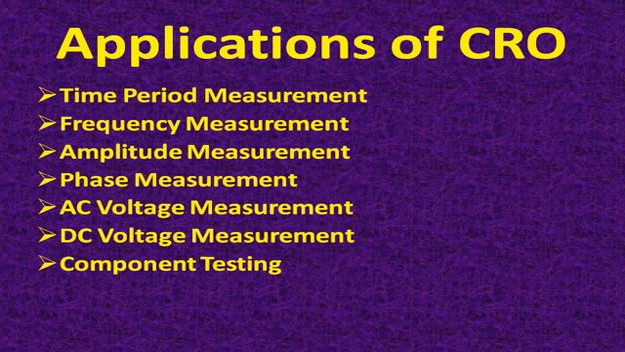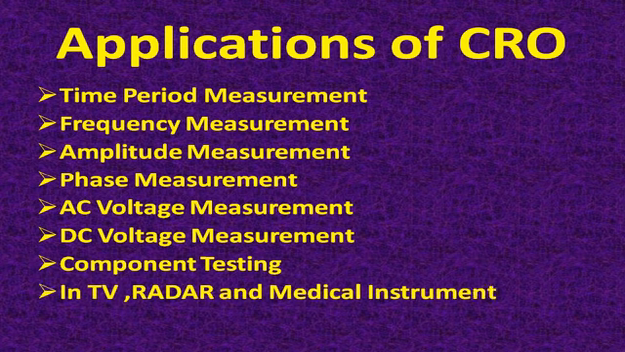Component testing. There are different types of components available in the electronics field, like LED, semiconductor diode, transistor, etc. Such components can be tested with the help of CRO. In television, as a magnetic deflection system, this is also one of the applications of CRO. In radar, used in ships or aeroplanes, it is used to detect the position of the object